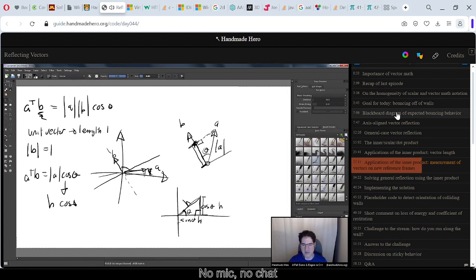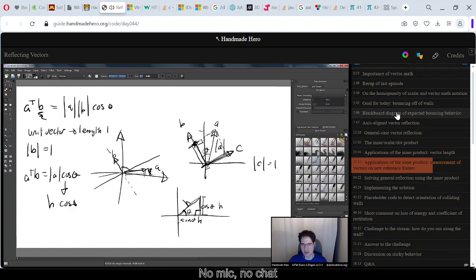What if I had another orthogonal vector that was perpendicular to B, also unit length? Let's say this was C, so C is also unit length. If I took the dot product with that, I would now know both coordinates of this A in a new fictional space that I've constructed. Instead of the x and y axis being how things are measured, by taking both dot products, I would essentially create new coordinates for A, in a coordinate system that I set up. So essentially A transpose B allows me to measure any vector that I want on any axis system that I want, just by setting up